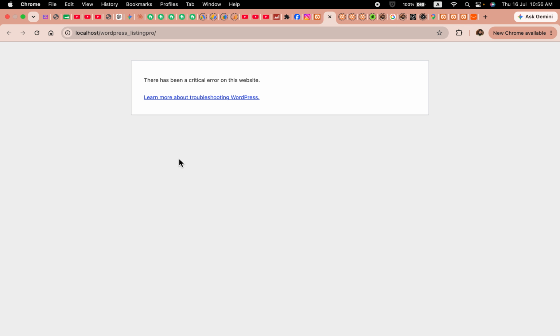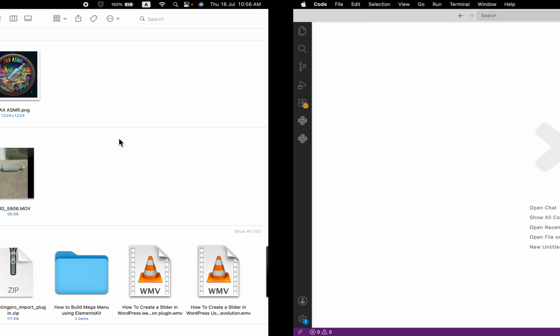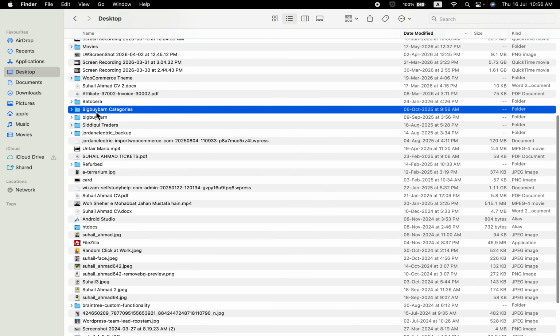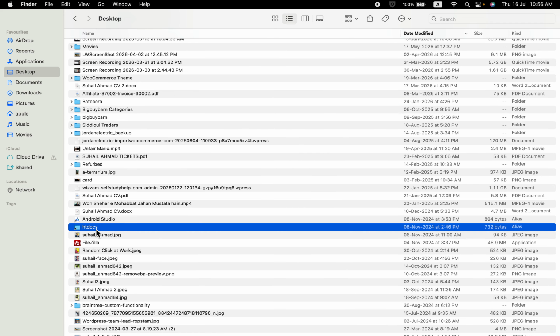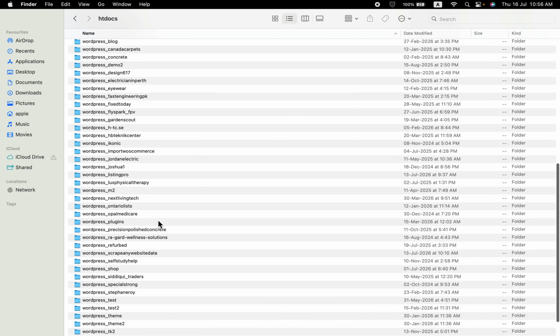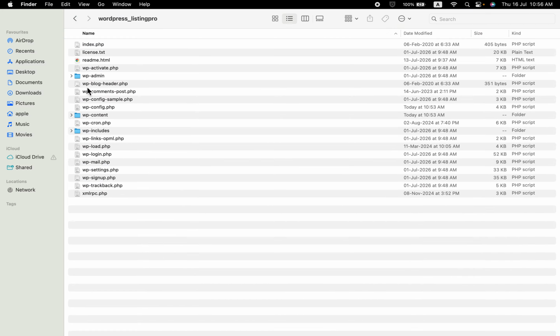So first of all, go to your WordPress root directory. So it is WordPress Listing Pro. So let me open the folder in htdocs, or if you are using a live server, then go to your root, and in the root this is Listing Pro here. So here is the root. On the root folder, just go to this wp-config.php file, edit this